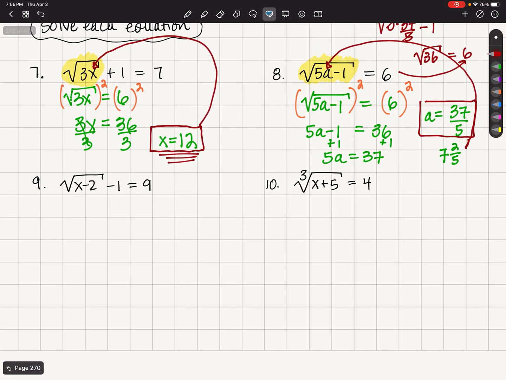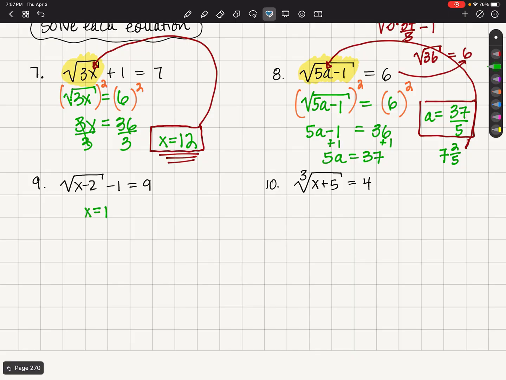Okay, you try number 9, press pause, and then when you come back, I'm going to go right to the answer, and then I may go back and quickly show my work, but I want you to be able to check your answer, and if you've got your answer, you can move on to the next problem. Okay, number 9 says the square root of x minus 2 minus 1 equals 9. Welcome back. I got for an answer